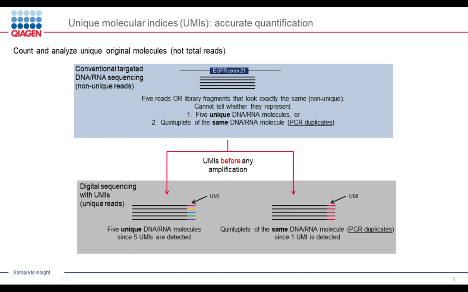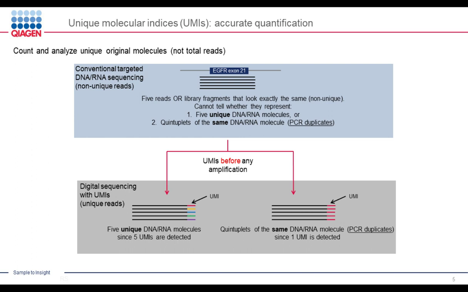So how do unique molecular indices work first? I've gone over how single primer extension approaches differ from the traditional 2-primer enrichment approaches, and what I would like to do next is to go over how unique molecular indices allow us to achieve a higher level of quantification of variants and transcripts, as well as how it would help us get over the issue of PCR duplicates and errors. So when it comes to quantification, unique molecular indices can help us achieve this higher level and more accurate type of quantification,